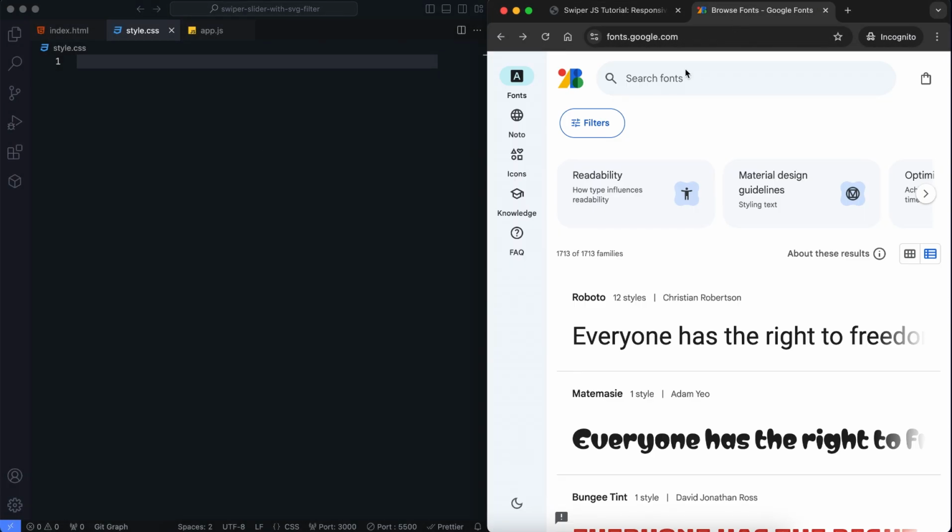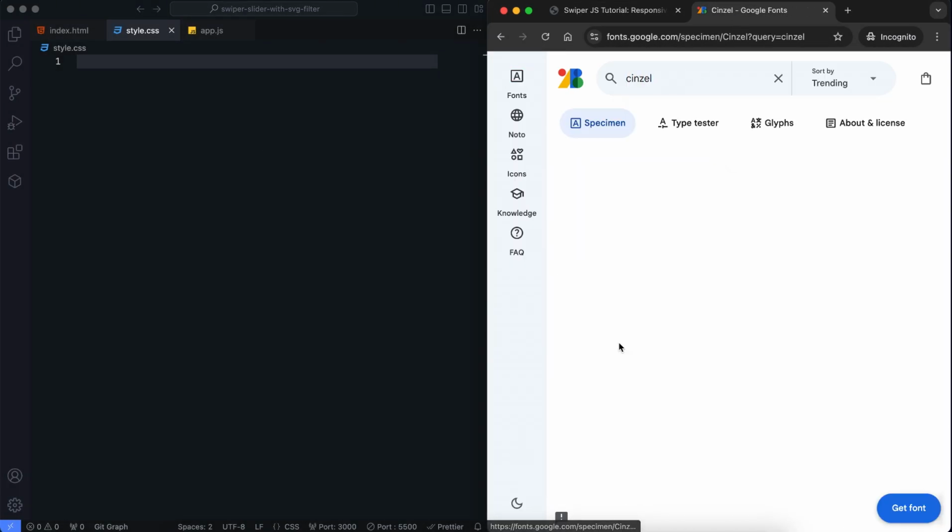Let's move on to the CSS. First, we import Google Fonts and set some global styles.